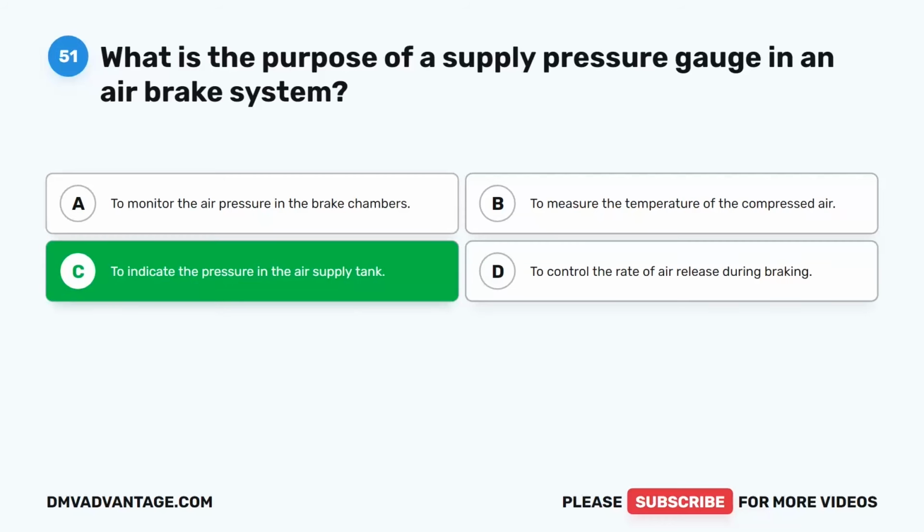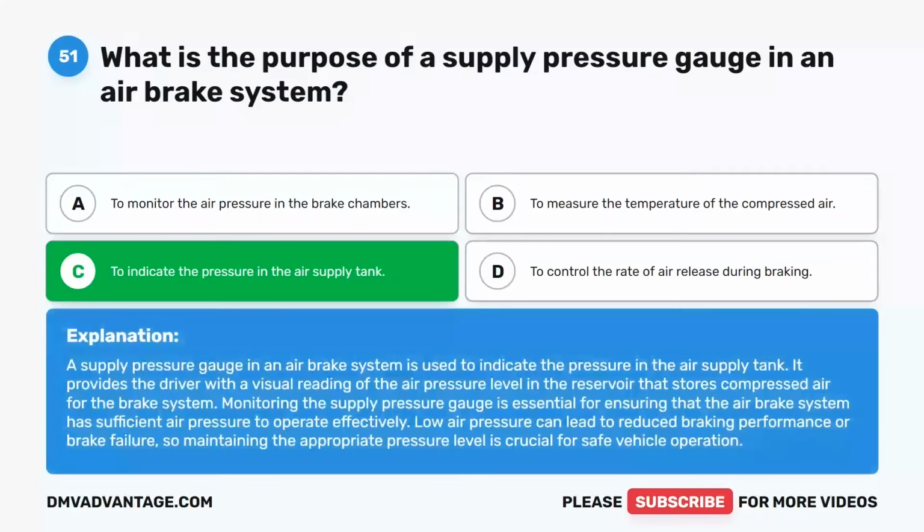To indicate the pressure in the air supply tank. A supply pressure gauge in an air brake system is used to indicate the pressure in the air supply tank. It provides the driver with a visual reading of the air pressure level in the reservoir that stores compressed air for the brake system. Monitoring the supply pressure gauge is essential for ensuring that the air brake system has sufficient air pressure to operate effectively. Low air pressure can lead to reduced braking performance or brake failure, so maintaining the appropriate pressure level is crucial